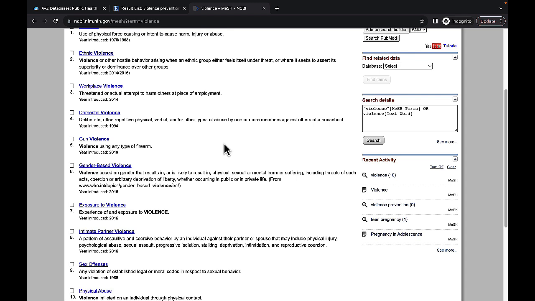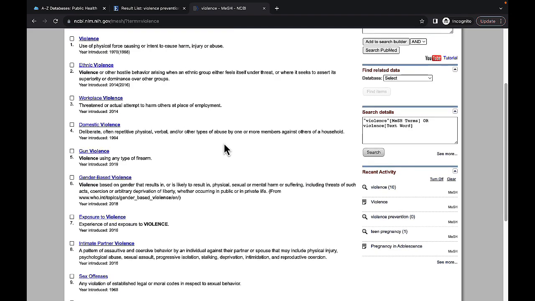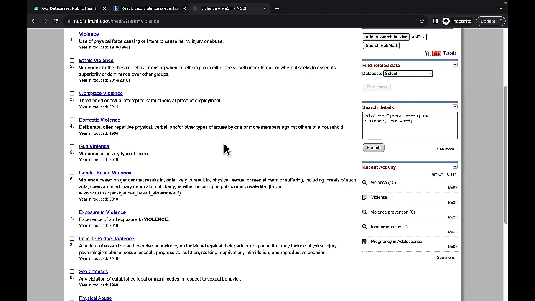So one of the first questions you want to ask yourself is, what exactly do I want to write about? Obviously, preventing violence is key, but we see here there's a number of types of violence. So it might be easier to focus on one or a few of these rather than violence in general because it is so broad.